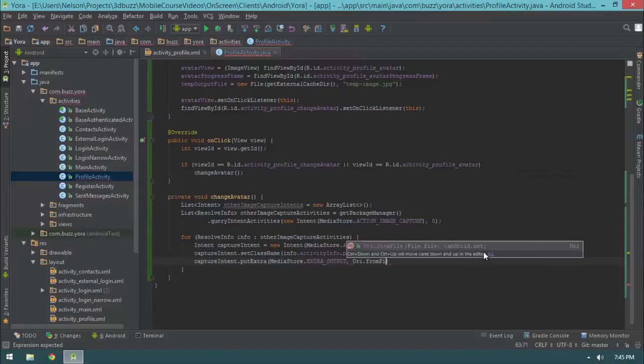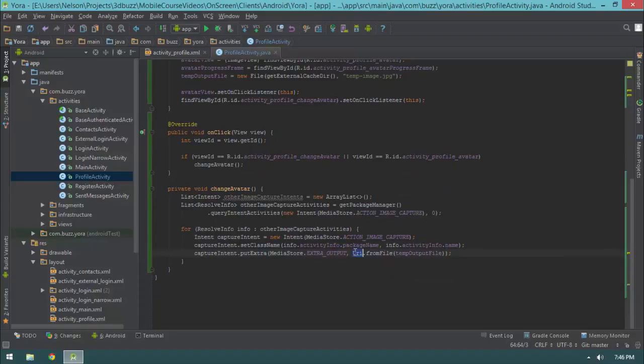So I'm going to say URI dot from file temp output file. I'm going to pass in a URI, and I'm going to say URI dot from file to construct a URI to a file. Now, a URI, if you're not familiar, is a uniform resource identifier, and what it allows us to do is locate a resource. A URL, for example, Uniform Resource Locator, is a subset of URIs, and it'll in general take the same sort of